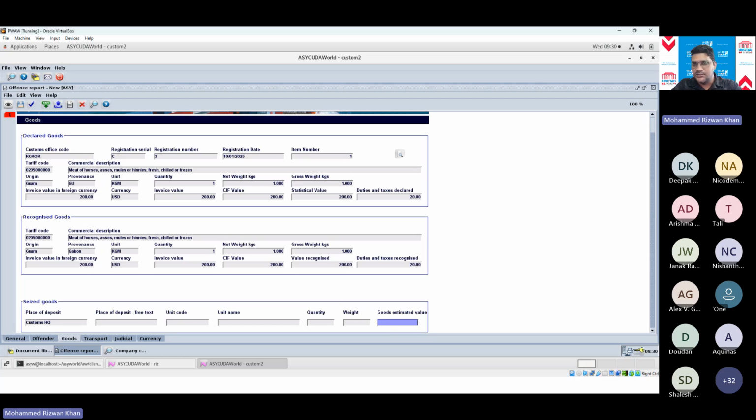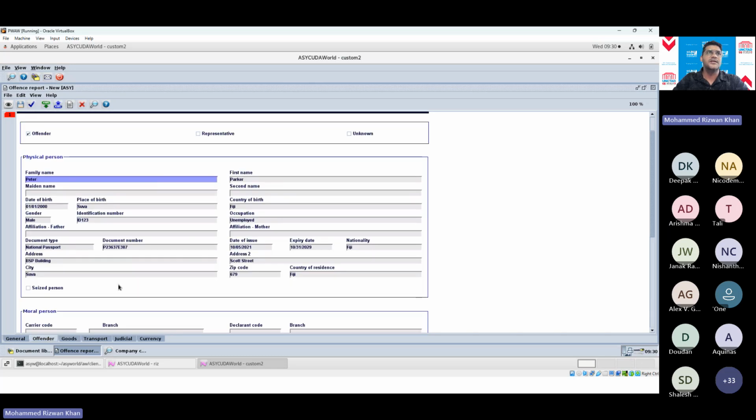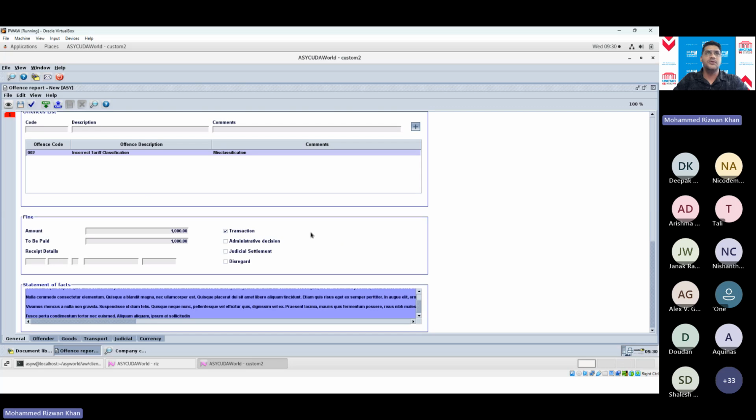I have a question there. So it says, what if it's a passenger detected with illicit goods? Yes. So this is where you'll put the passenger details, okay, or a crew. So any person, if they are detected with illicit goods, like you're asking, smuggled goods, this is where you will put the details of the person, passenger or crew. This is where you will put your story, what happened.